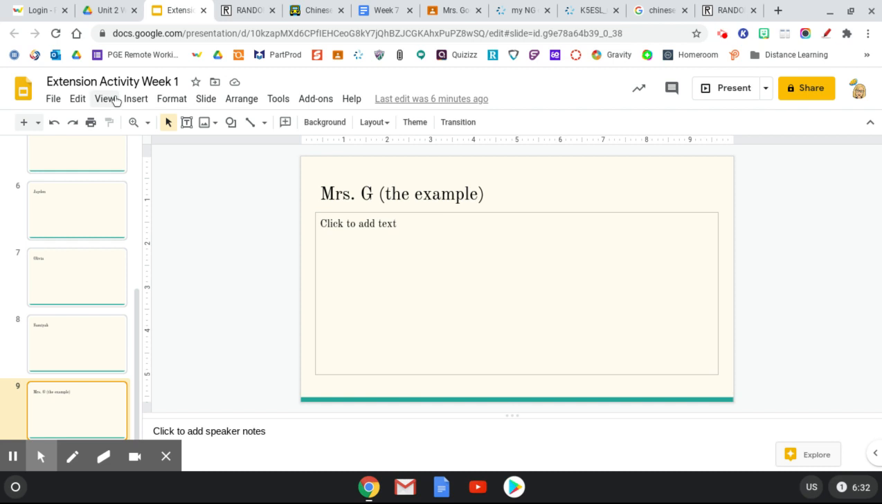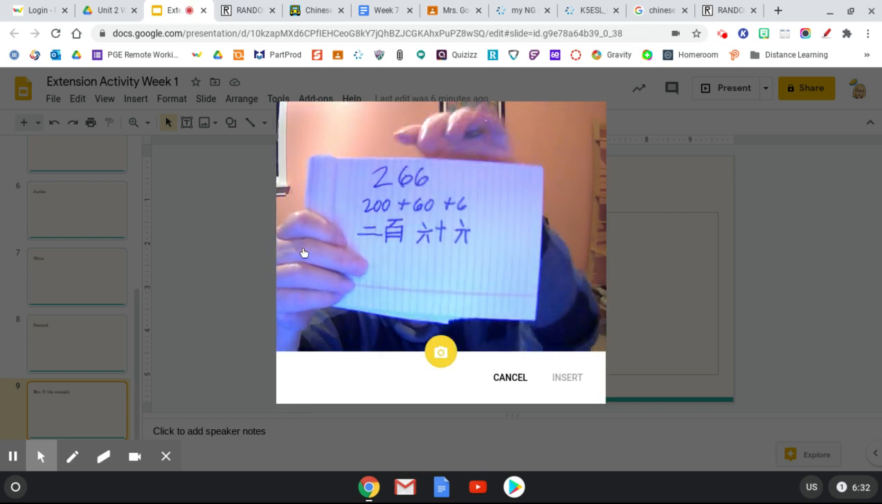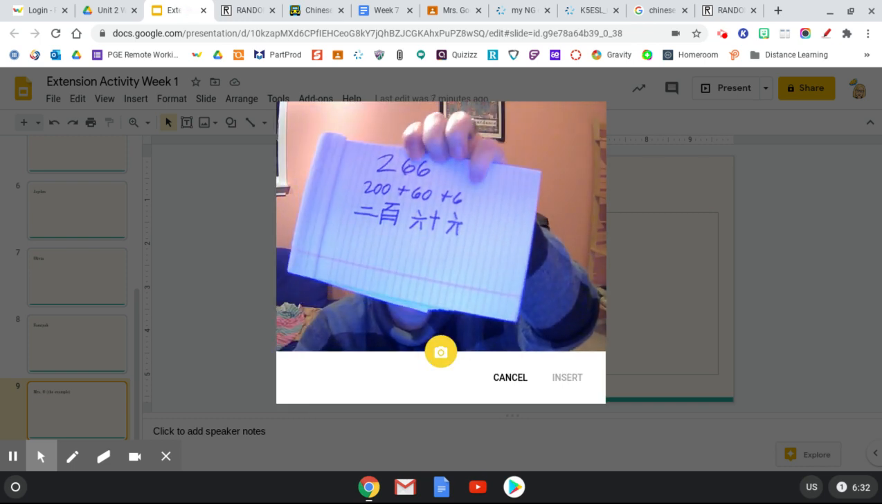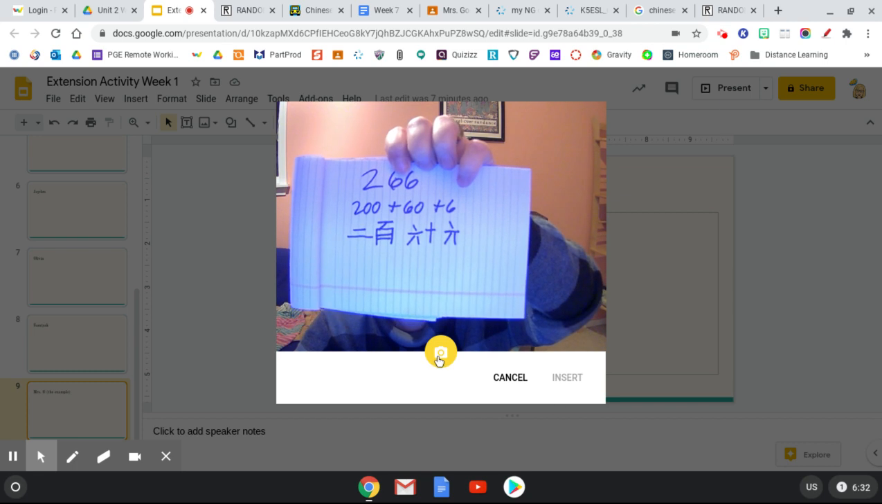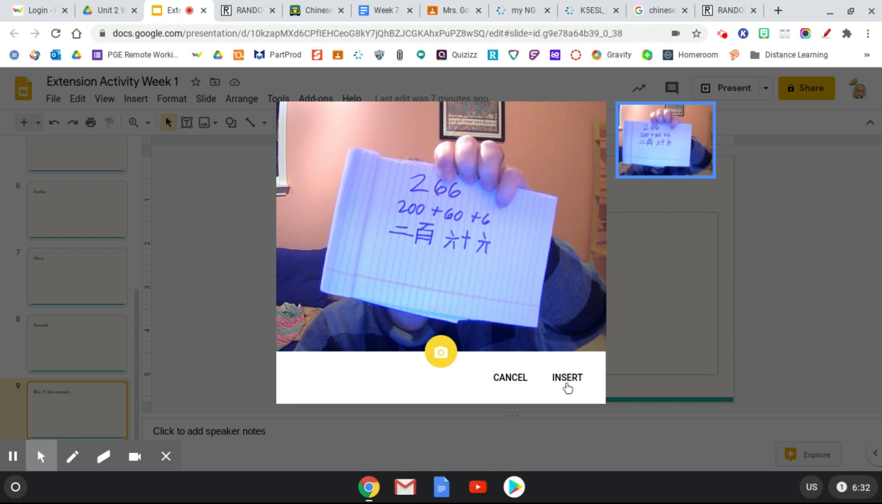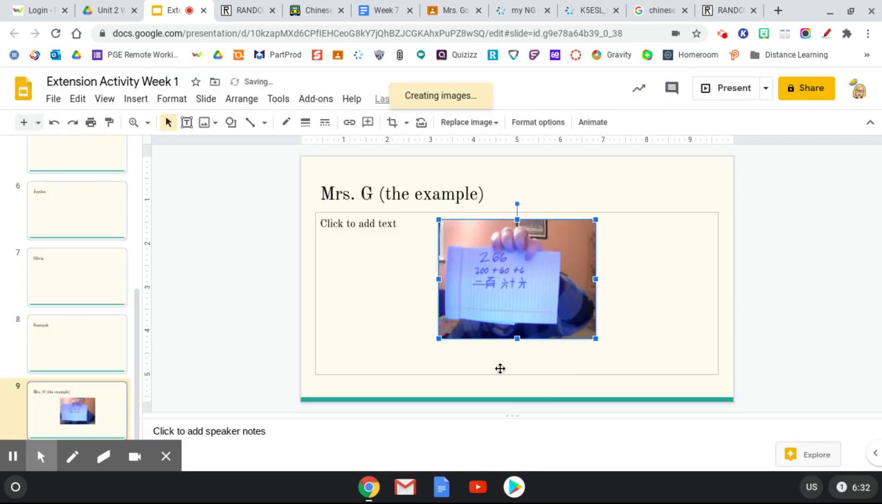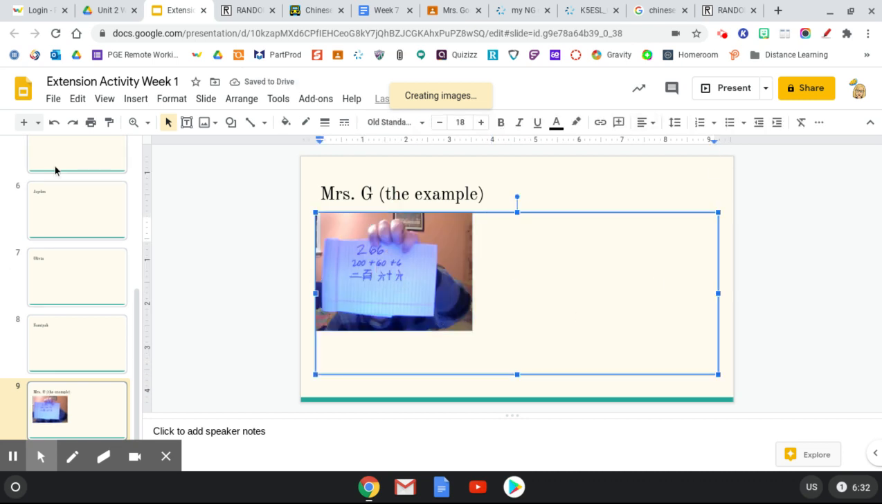Oh, here's mine. This is what I was going to show you. Insert, image, camera, just like we do on our tests. And then, whoops, try and take a good picture of your number and then insert it. There we go. So you can see I've not done my hair yet today or put on my silly hat. So there's my first example, and then each time I did it, I would make a new one. All right. Hope you guys have fun with